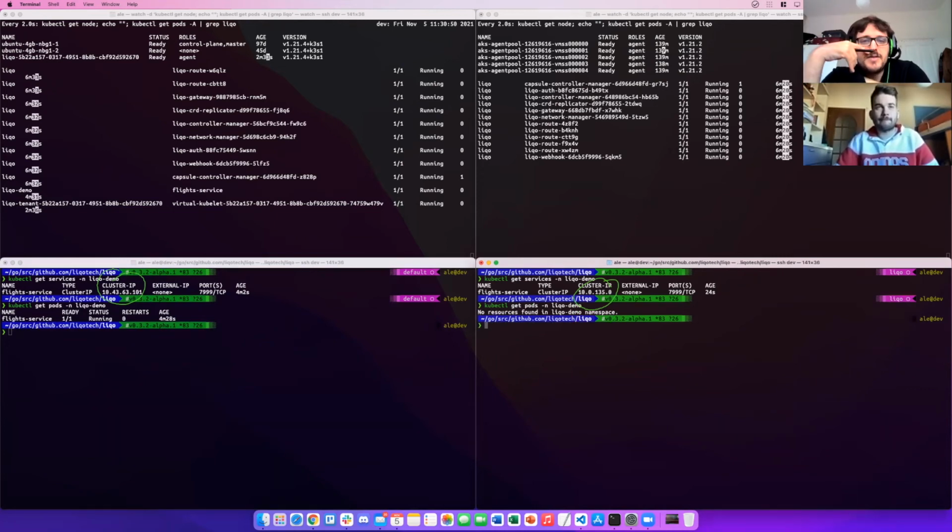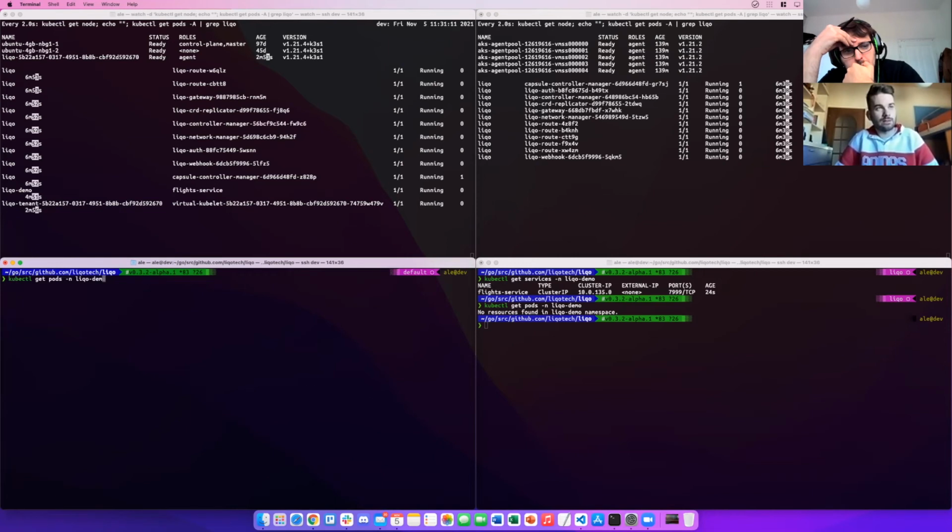But if you want to consume the service, we just have to spawn a pod as we did before and try to contact it. We can show that in both clusters we can access the service at the same time. Exactly.